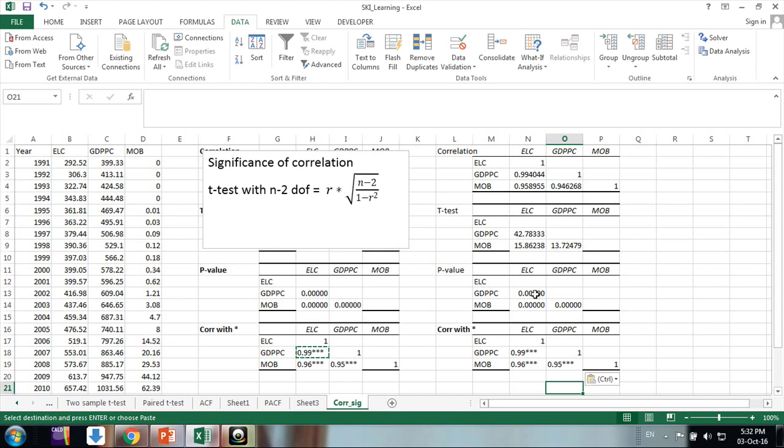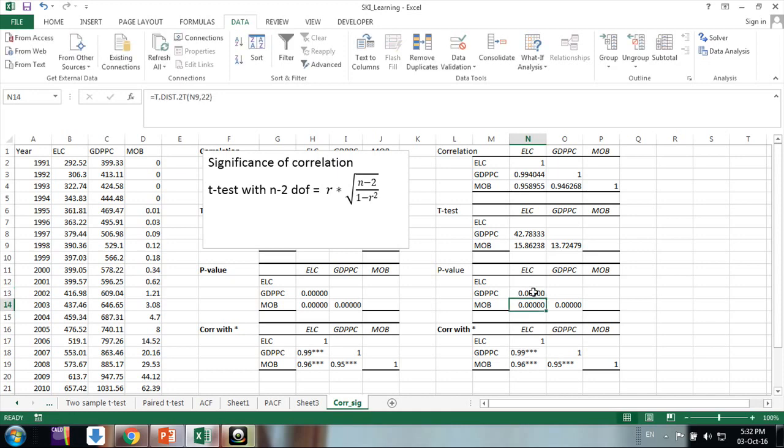If you simply change this p-value, suppose this is my p-value, if you change it to 0.11, you can see here you are getting only 0.99. There is no significance level. But suppose if you keep it at around 0.06, it will have 1 star. If it's 0.03, it will have 2 stars. If it is below 0.01, it's 3 stars.